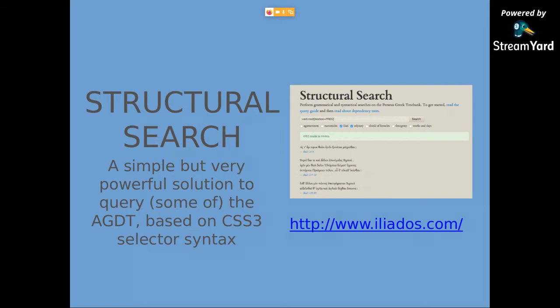In some of the texts that were treebanked for the ancient treebank that you saw in Vanessa Gorman's presentation. Not all of them, unfortunately, but some texts are supported, and we'll see in a second which ones. It's very simple, but it's very quick and allows some sophisticated queries,